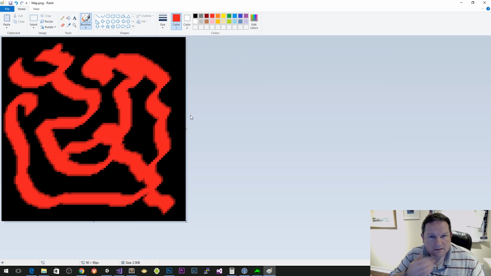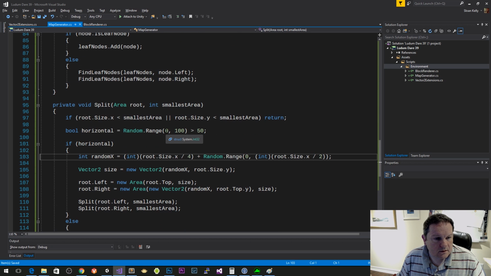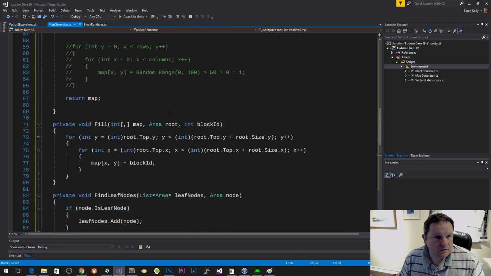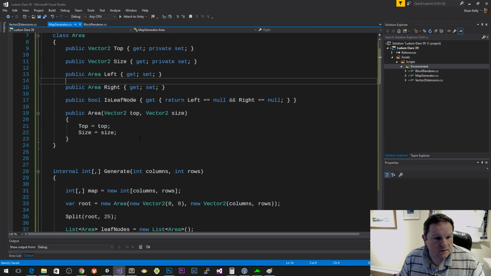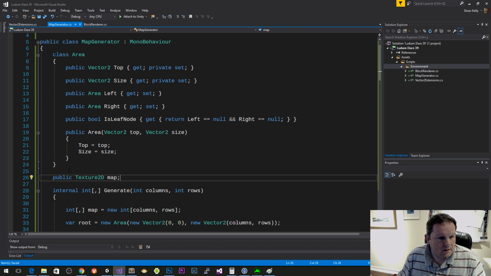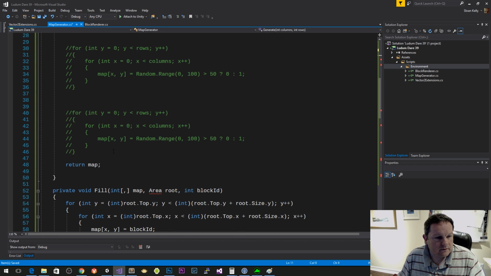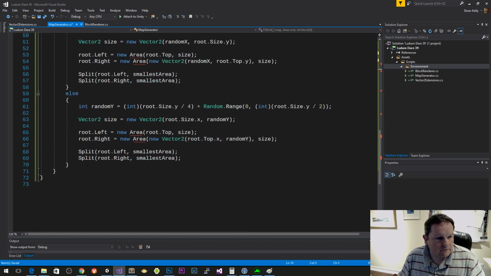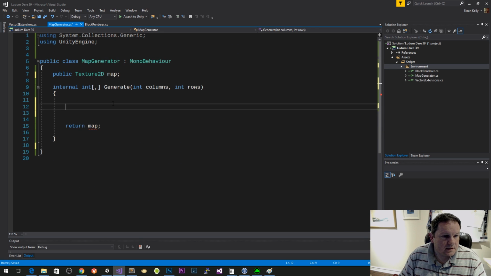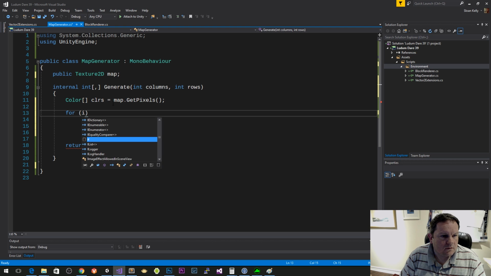And then I'm going to say okay. I'm going to change that to public texture 2D map, and I'm going to get rid of that class thing, and I'm going to get rid of all this generate guff in there, and I'm going to get rid of all of this here, and I'm going to say map.get pixels and color equals that